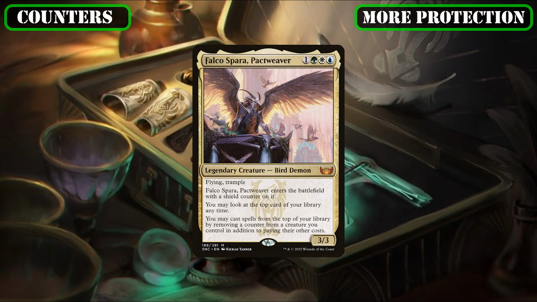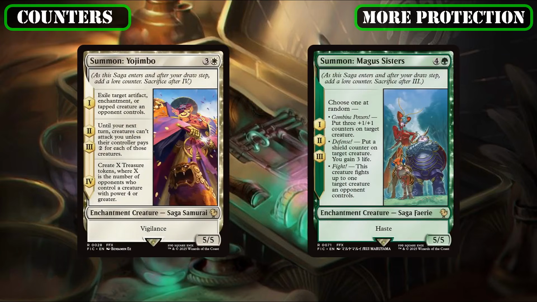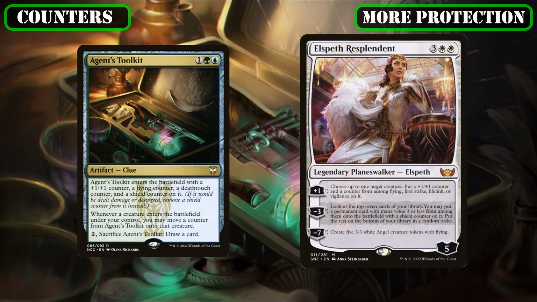counter-themed Future Sight for additional value, unsummoning the Aeons Yojimbo and the Maga Sisters, both of which would find a better home in a more dedicated summon or saga-themed deck to get more repeated usage out of their effects rather than this one, to make space for Agent's Toolkit and Elspeth Resplendent, the former giving our creatures easy access to shield, keyword, and +1/+1 counters as they come down for more solid counter distribution, and even giving us the option to turn it into a cantrip once we don't need it anymore, while the latter instead takes advantage of the